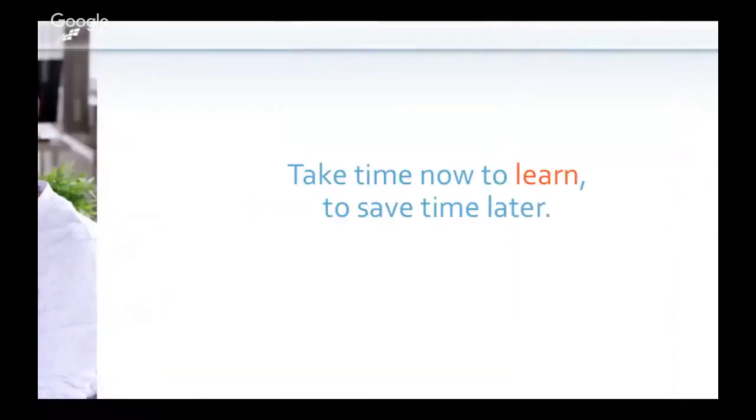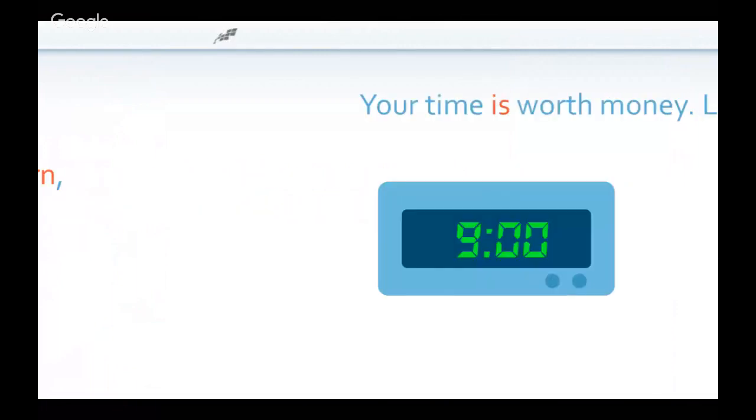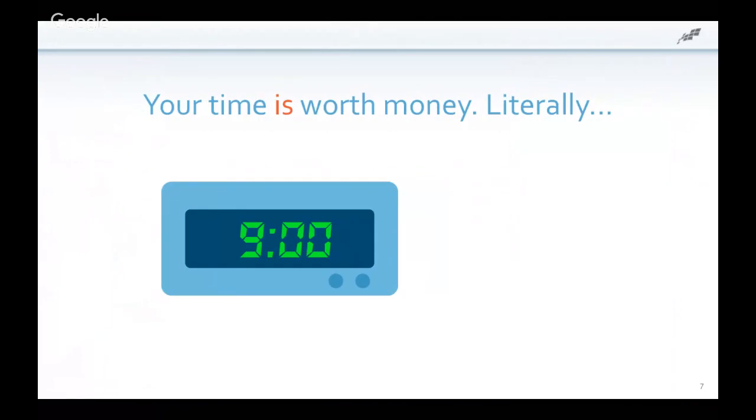So that's what we're going to talk about. And we believe, of course, that taking the time now can save a lot of time and energy, because saving time is literally making you money. According to Constant Contact in a recent survey, the estimated value of an extra hour in your day equals, on average, $273 for a small business. So saving that time can be a huge benefit to you and your business. You still need to do the marketing, but let's not make it take hours and weeks of your time.